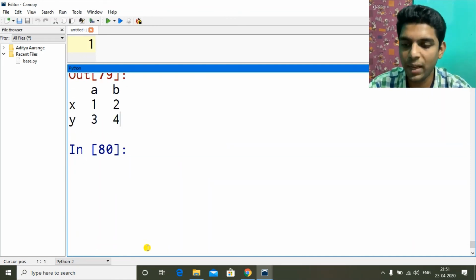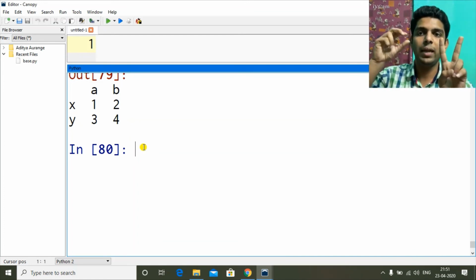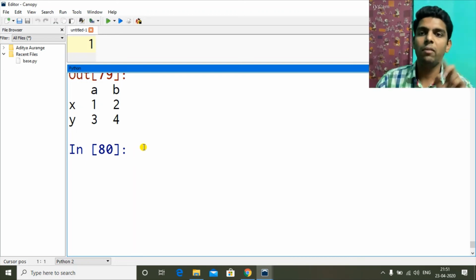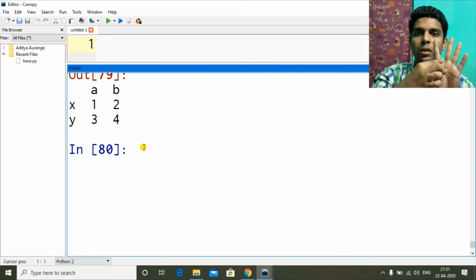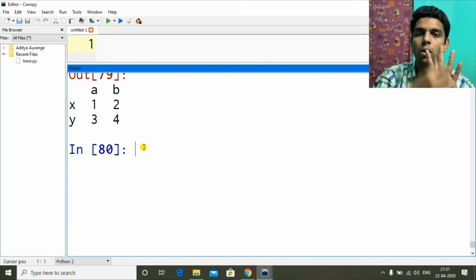Next we have iter items. Here we were going for index and row values, row by row. There we will go column by column: the column name and the values in the column, then the next column name and its values.